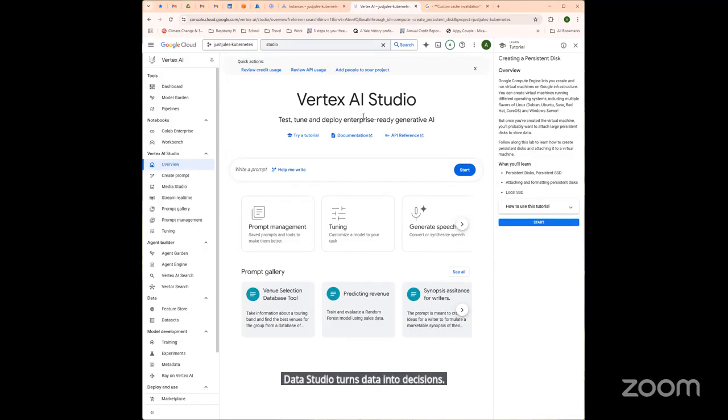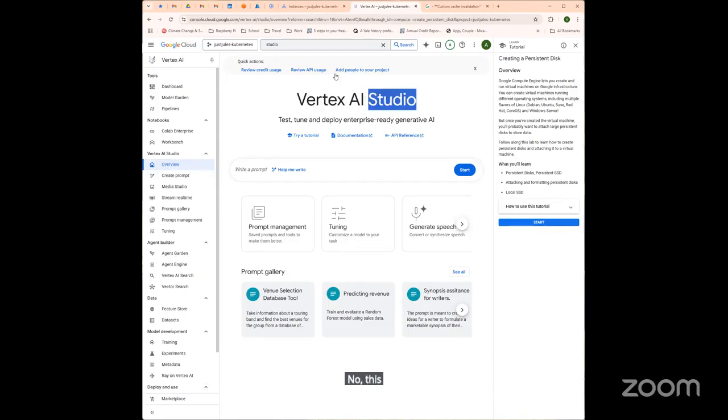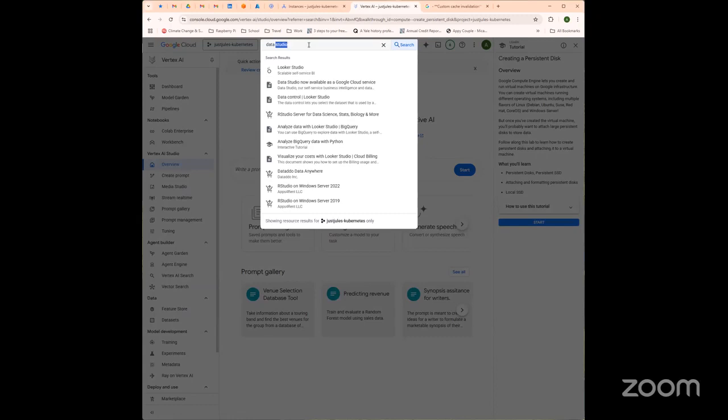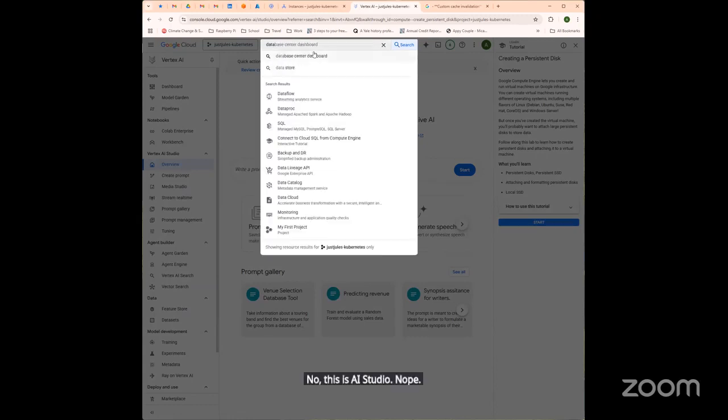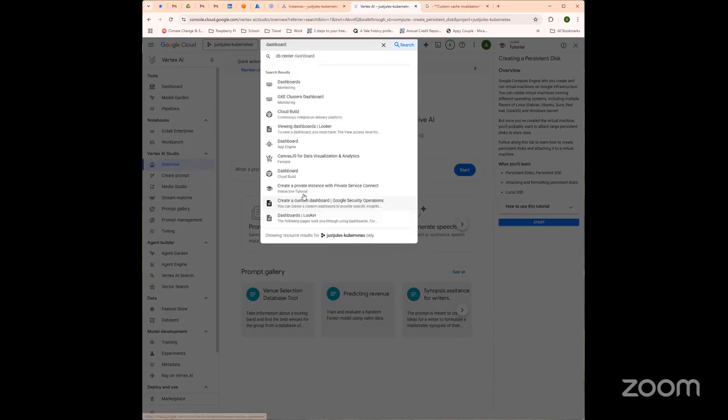Vertex looks like it's going to make enterprise-ready generative AI data. No, this is AI Studio. Nope. I don't see it here. Well,